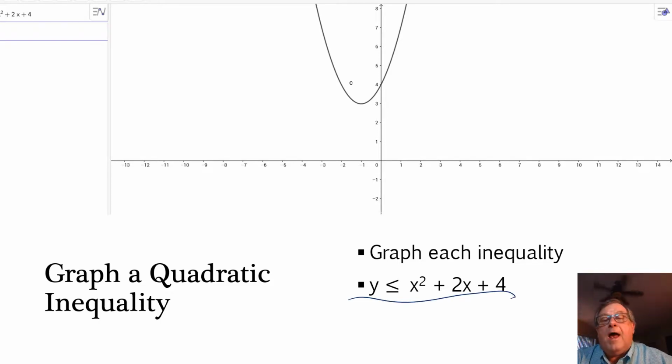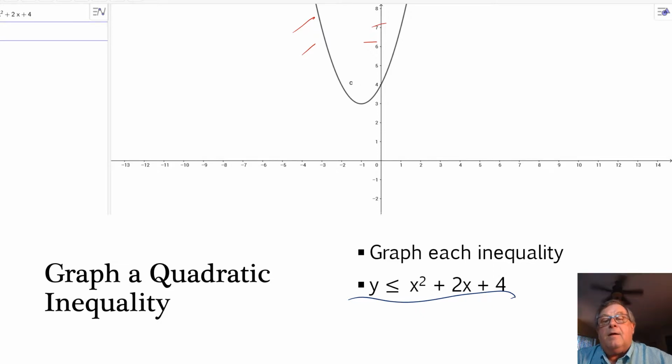Now, I actually graphed this as an equality, and I did that for the purpose of using the test point. Because if I had graphed this as an inequality as it read, it would have shaded it for me. And so we've got two regions here. We've got a region lying outside the parabola, and a region lying inside the parabola. And we've got to determine which region is going to be shaded, and which would indicate a solution to our